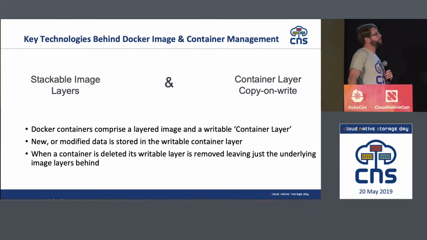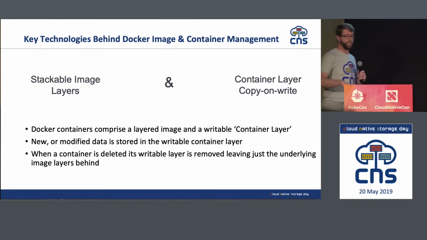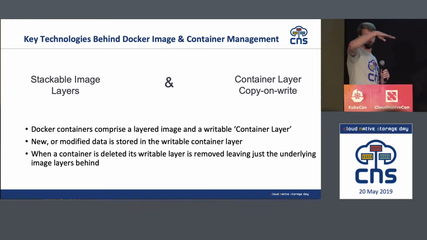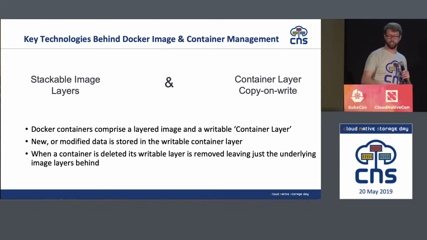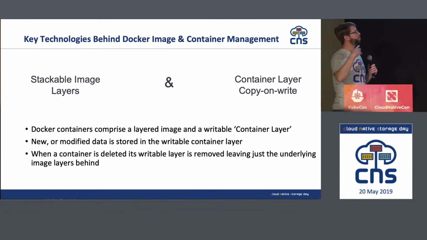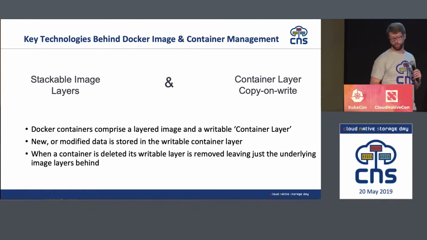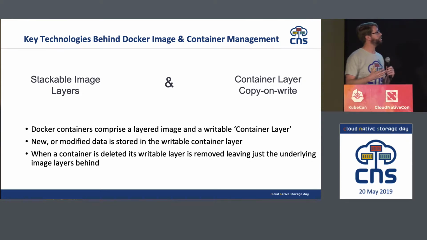So if we take a step back and look at what containers are, a container image is composed of a set of layers of image data, your image layers. So when you're building a container, you start with, I want to start with the Ubuntu image, and then I'm going to add this binary, and I'm going to run this command, and I'm going to download this, and I'm going to put that in the image, so that you have this container image that's full of the custom data that you want it to. But the key here is that it is a set of layers built on top of each other, and those layers are immutable.